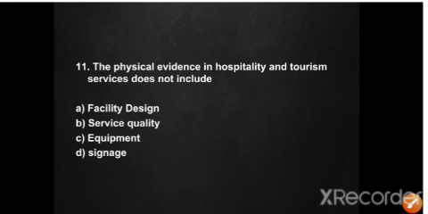So moving to the next. The rest of the things like facility design we can touch and understand. We have evidence and proof for that, and equipment can also be seen, touched and felt. A signage, which is a kind of a logo or a different advertisement related to a particular brand, can also be seen, felt, touched. But service quality cannot be physically manifested.